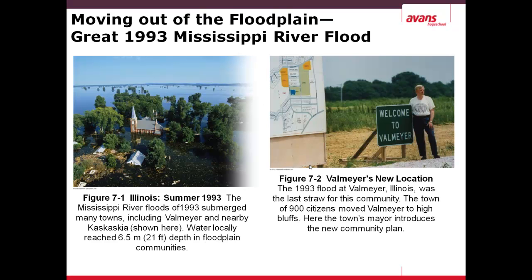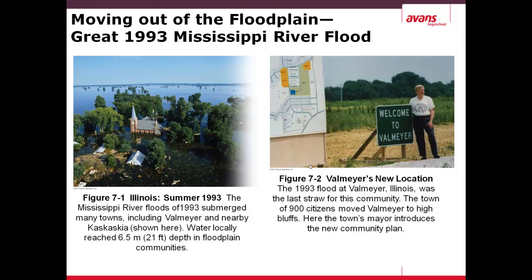Floods can be a very destructive part of the water system. An example of this was a flood in the Mississippi River in 1993, which submerged many towns, including the city of Valmeyer and nearby Kaskaskia, where water reached the depth of 6.5 meters in the floodplain community. This community decided later that year to move the entire community to a higher location so that it would be out